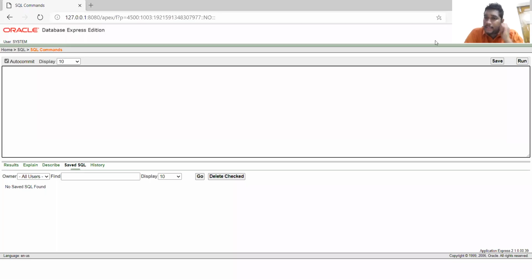Morning, students. In the last class, we discussed various table commands like select, insert, delete, update, and alter. In today's class, we are going to check what the various constraints are